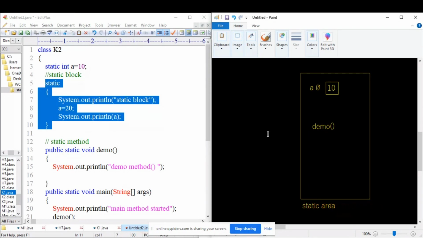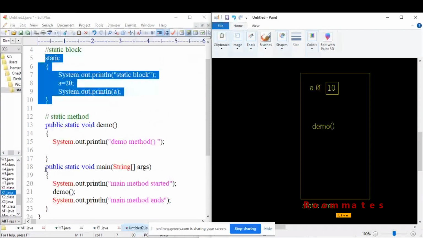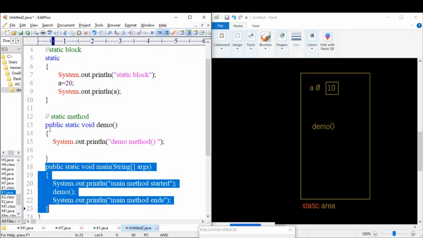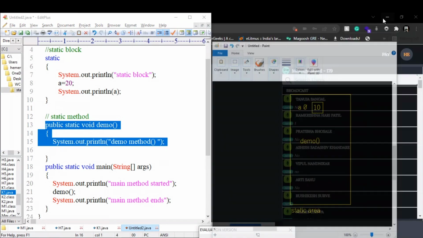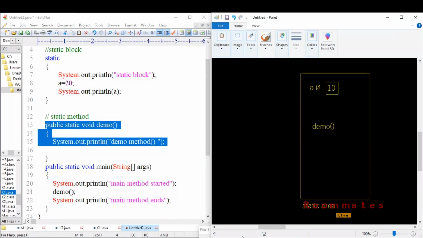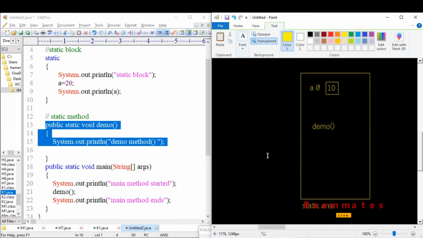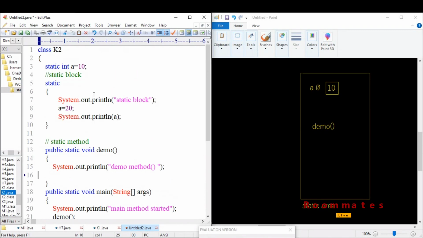That is the demo method. Is there any other static method in the class except main? Don't consider the main method. Except that, is there any other static method? No. So all the static methods will get loaded. If more than one is there, more than one will get loaded. Once static variables and static methods are loaded,